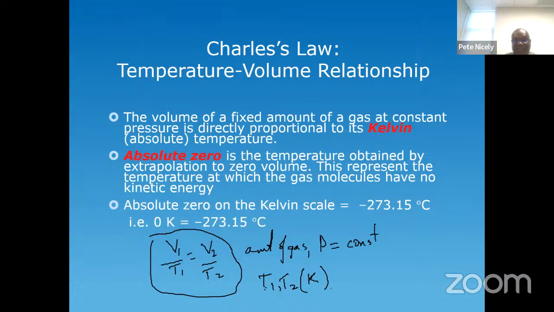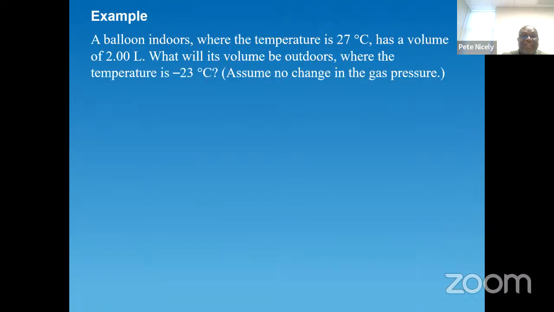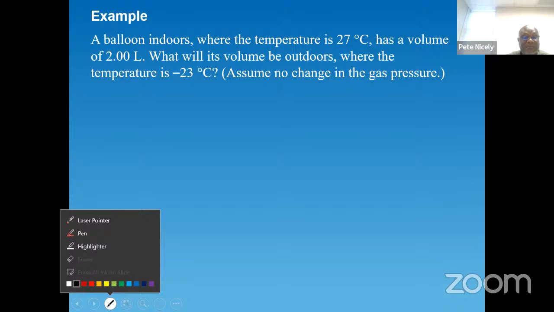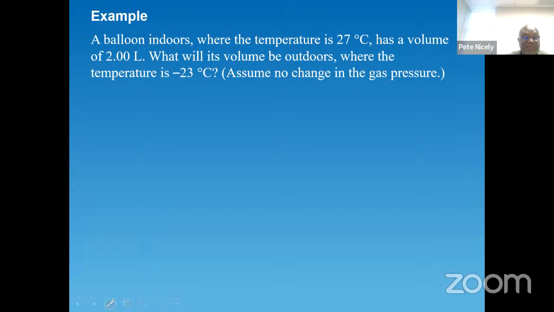Okay, so based on that equation, we can look at this problem right here. Question says, for a balloon where the temperature indoors would be 27 degrees Celsius, the volume is 2.0 liters. What will be the volume outdoors where the temperature is minus 23 degrees Celsius? And it says assume no change in the gas pressure. So in this case here, what we're going to do is write down the mathematical expression for Charles' law, which is